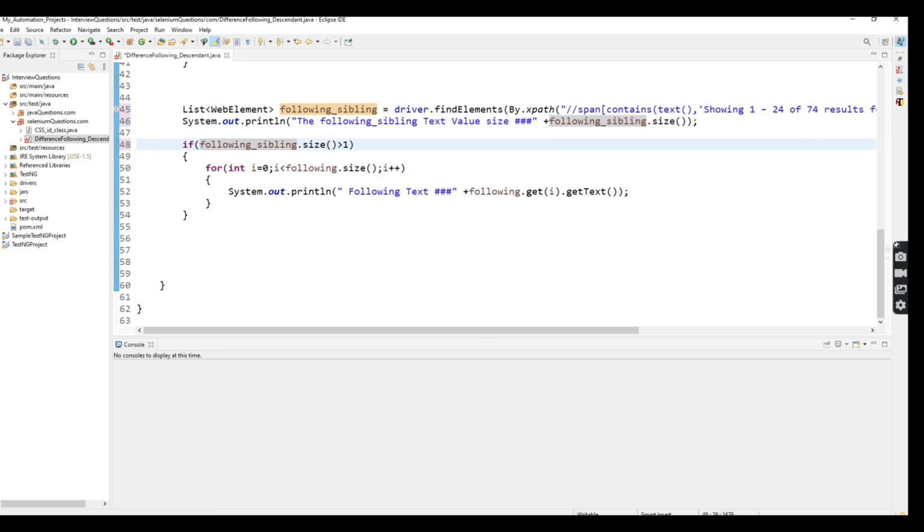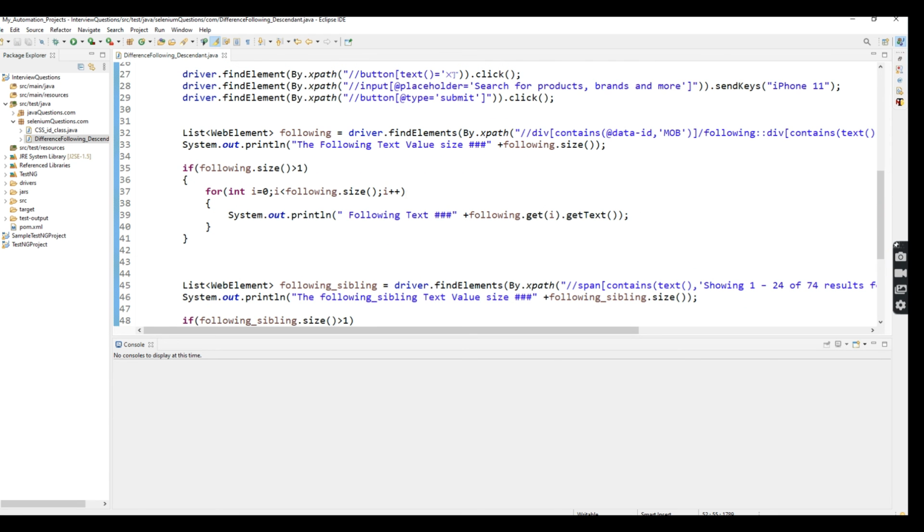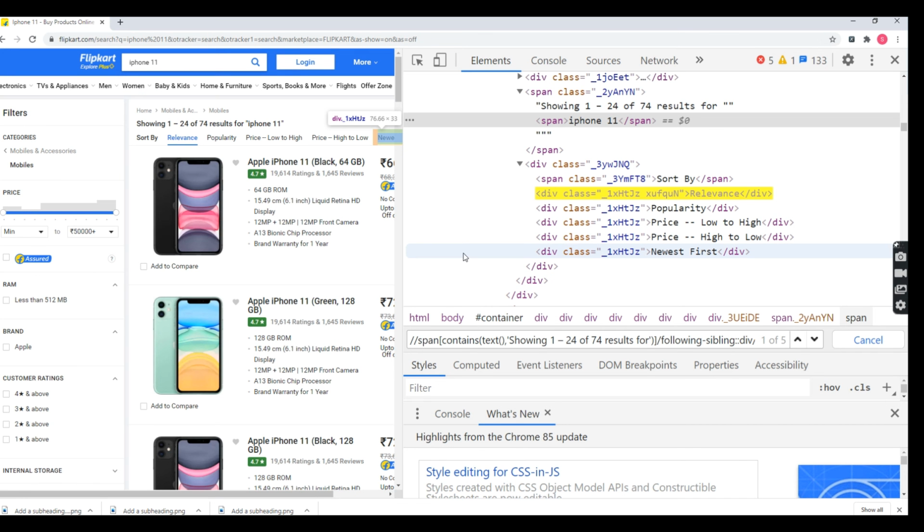I'm going to put an if condition. Again, I'm going to loop in this one and print this one. Here I'm going to mention following and following sibling. I hope you guys understand clearly. Please make sure: sibling node, and jump into the next node.